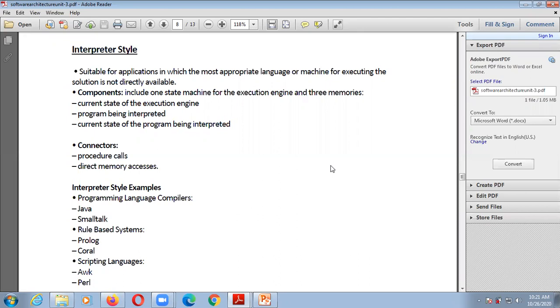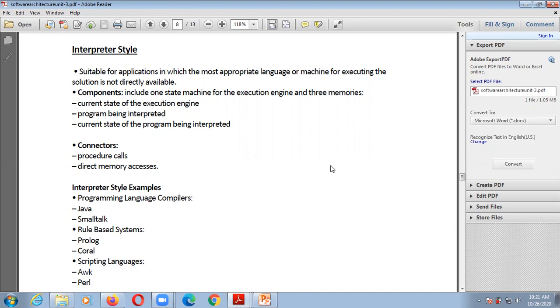You know what an interpreter is. So what are the components here? It includes one state machine for the execution engine and three memories. What are the memories? The current state of the execution engine, then the program being interpreted, and the current state of the program being interpreted.